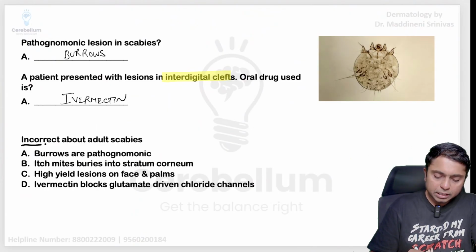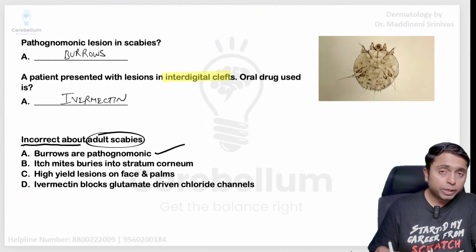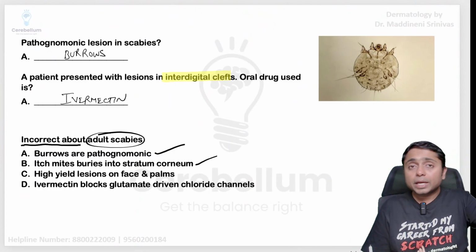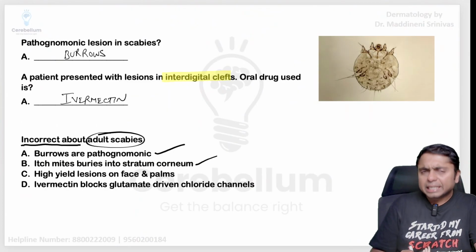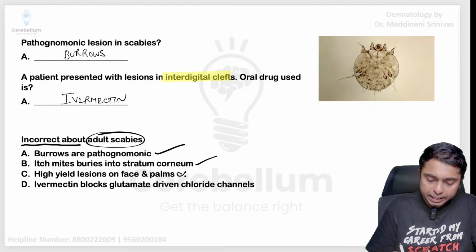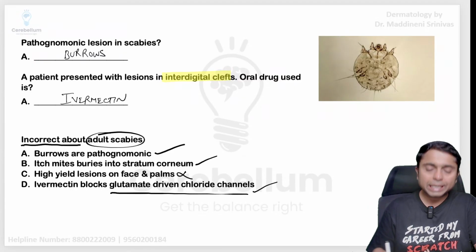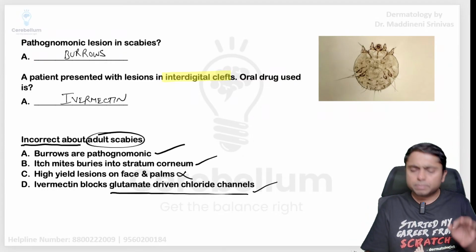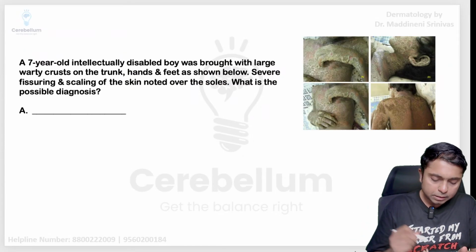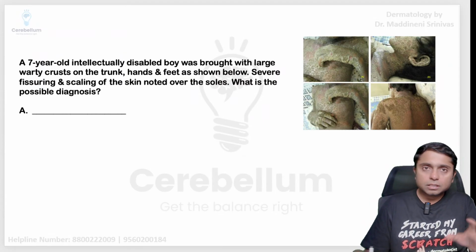So, incorrect about adult scabies. Okay, burrows are pathognomonic, absolutely true. Itch mites burrow into the stratum corneum, absolutely correct. High yield lesions on the face and palms, this is an incorrect statement. Ivermectin blocks the glutamate driven chloride channels, and by this it is going to produce paralysis of the scabies mite. That is also correct. So the answer here is option C. So this type of question may be asked